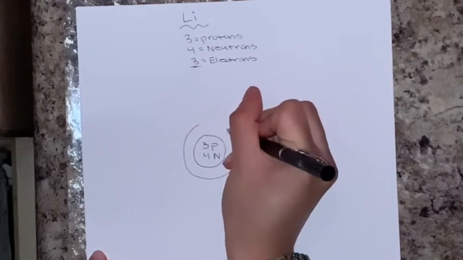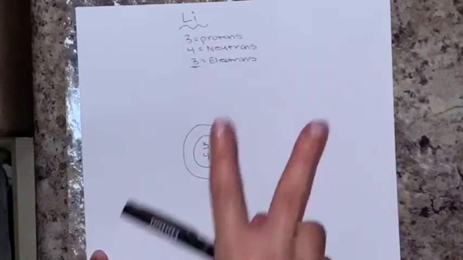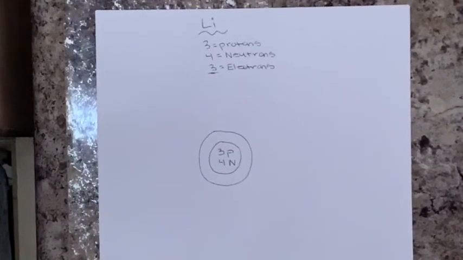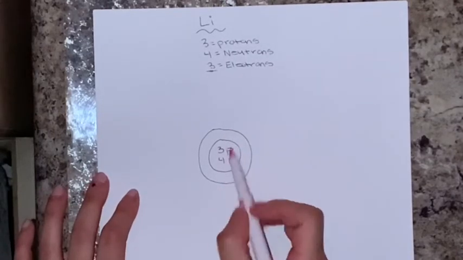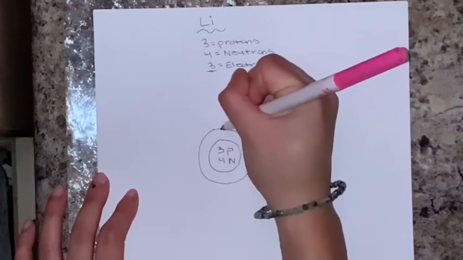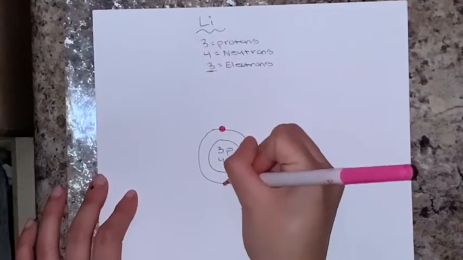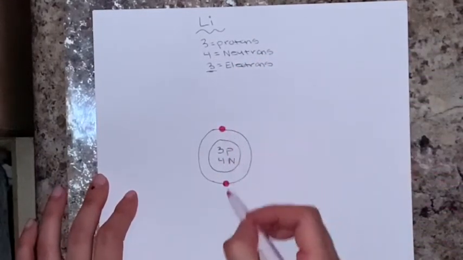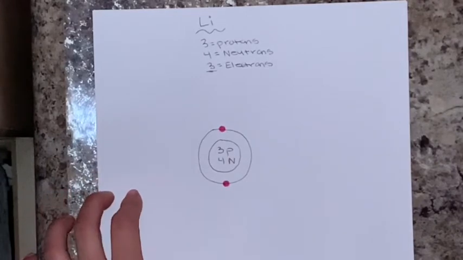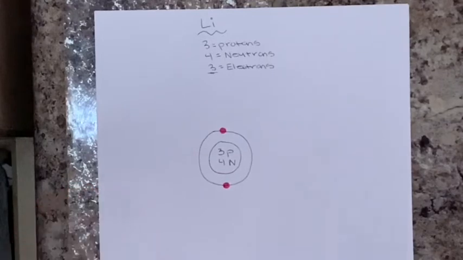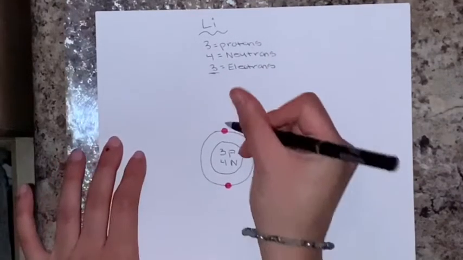which is around the nucleus, and we're going to draw 2 electrons. And the electrons are going to be across from each other. They're not going to be next to each other. They always have to be across, not next to each other. So we're going to put 1 on the top and 1 in the bottom, across from each other. And so we're going to do the second orbital,